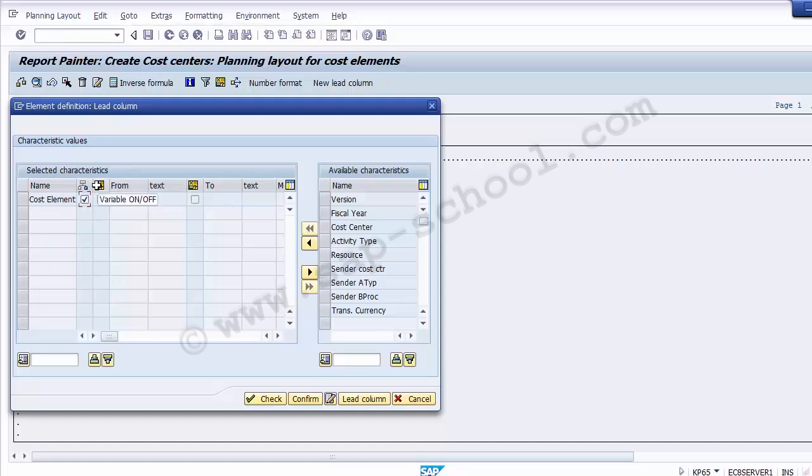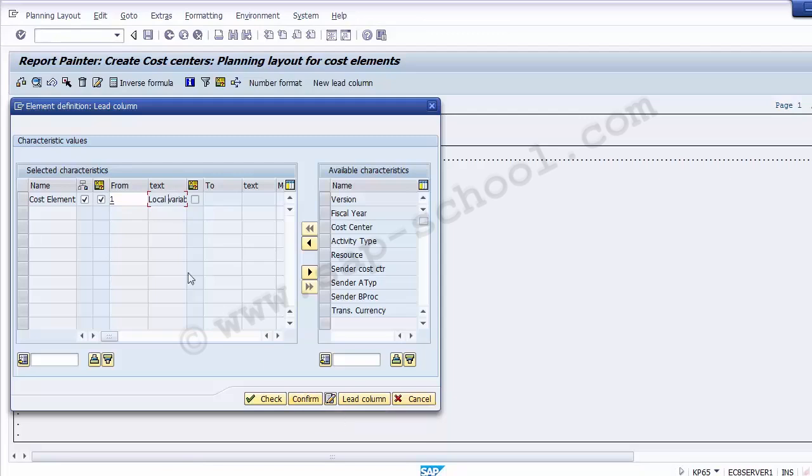Second, you need to go to variable on and off. So we need to select the variable over here. Once we have selected the variable, you will find from the list of options that there is one option which has been taken. That is what you need to take over here. So once you have moved the cost element from right to left, selected the hierarchy, and then the variable on off, then the one will be there, that is the local variable. And now we can move to